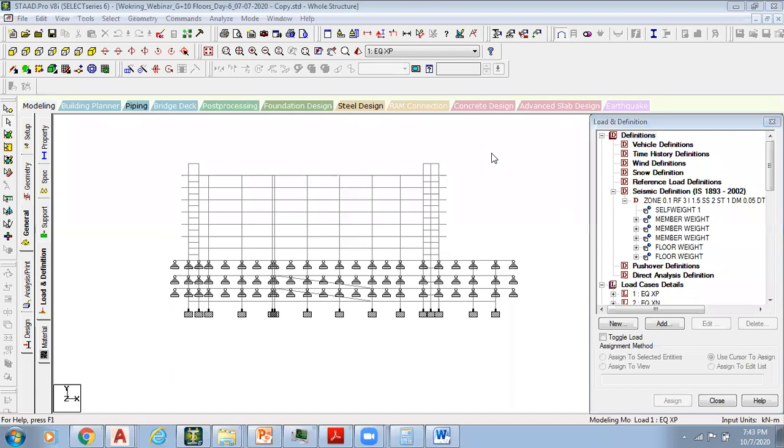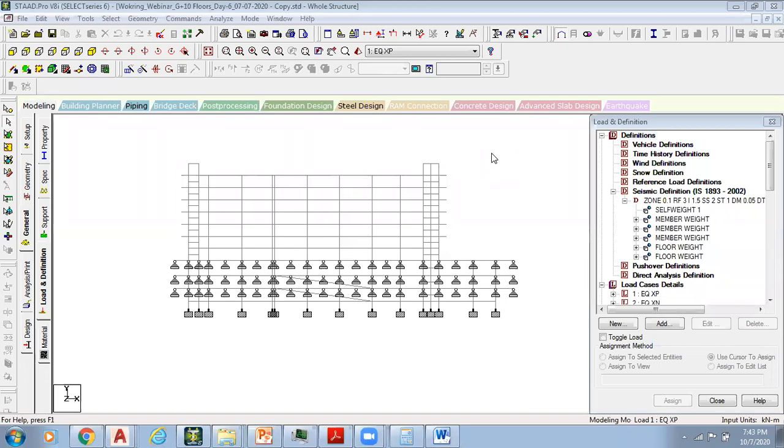However, as per the recent code released in 2016, the minimum importance factor itself is 1.2. In the previous code it was only 1, and now it is 1.2.